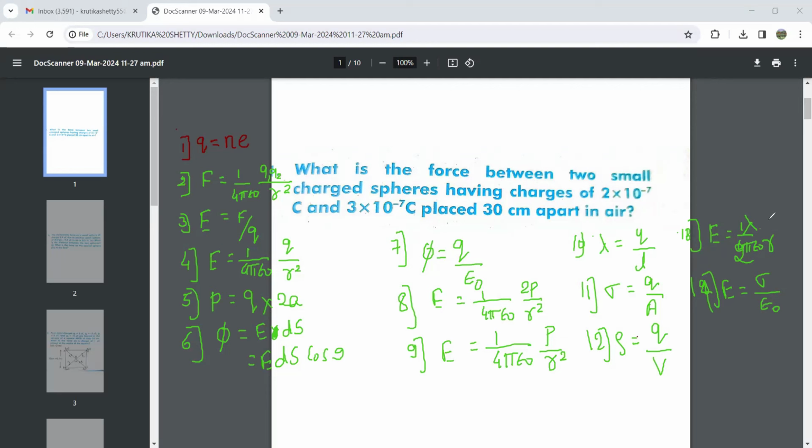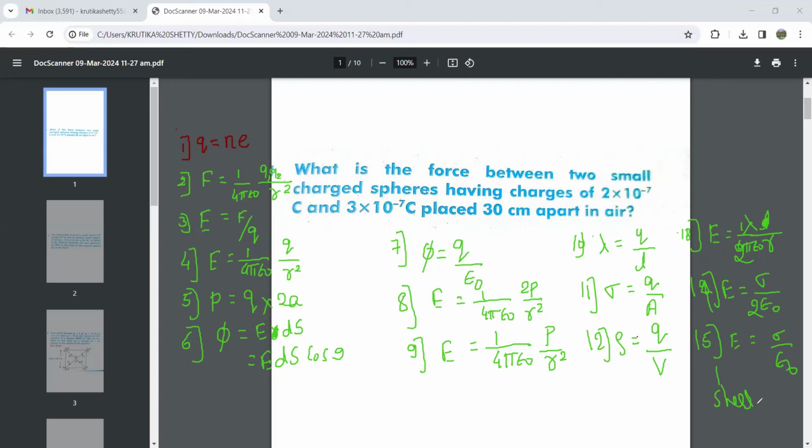here it is lambda divided by 2 pi epsilon naught into R, and this is sigma divided by 2 epsilon naught. The last formula, 15th one, the electric field intensity due to the spherical shell is given by sigma divided by epsilon naught. So this is for the spherical shell, sorry,